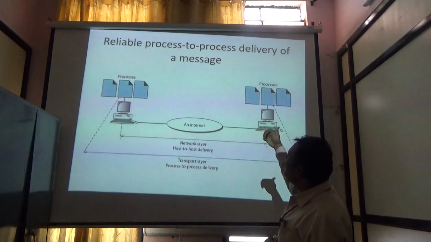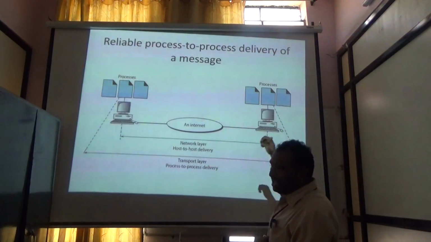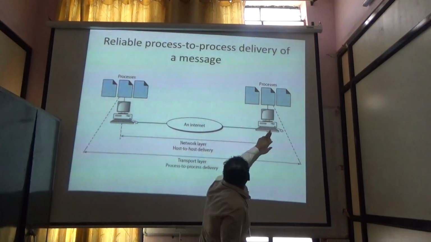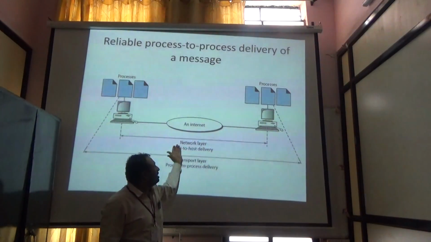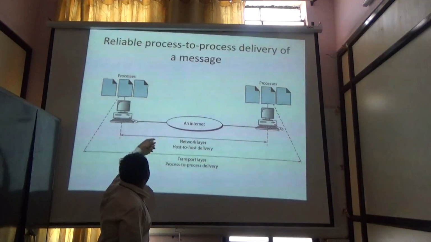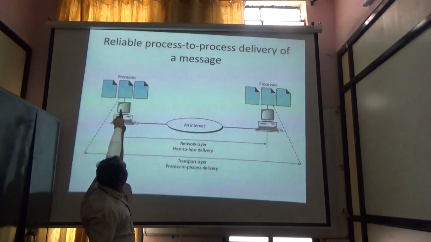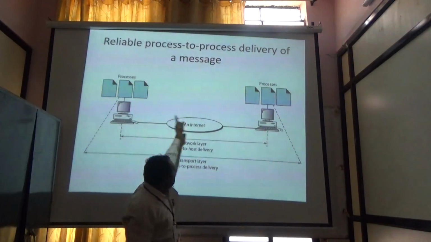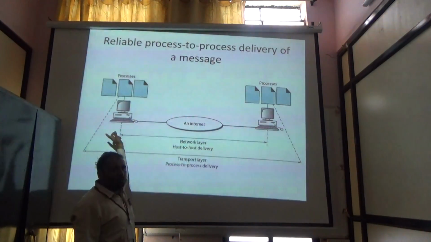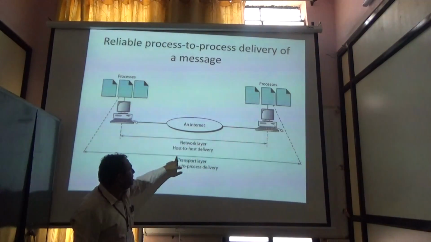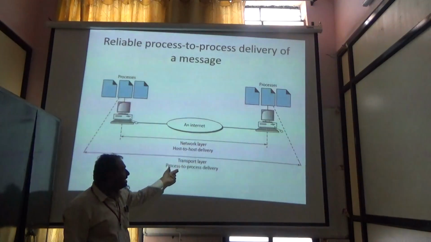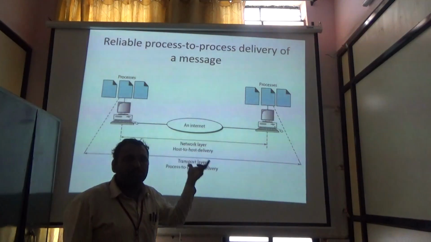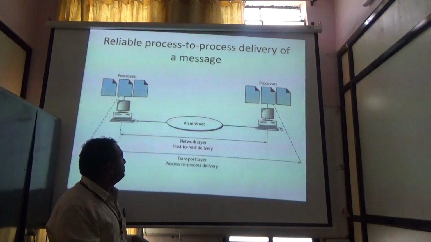Then this is the reliable process-to-process delivery of messages, as we have discussed. Host-to-host connection is the responsibility of the network layer and the layers below it. But there will be several processes running on one host, and several processes running on some different hosts. In order to establish a connection between two processes, we need to go for the transport layer, and that is why it is called the process-to-process delivery system or process-to-process delivery layer. Next